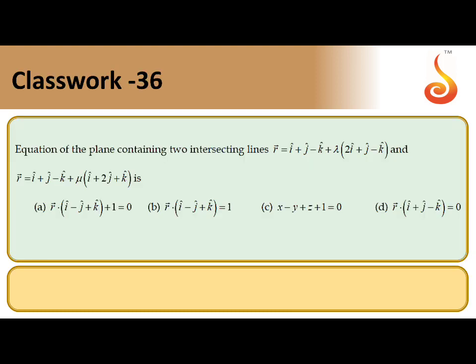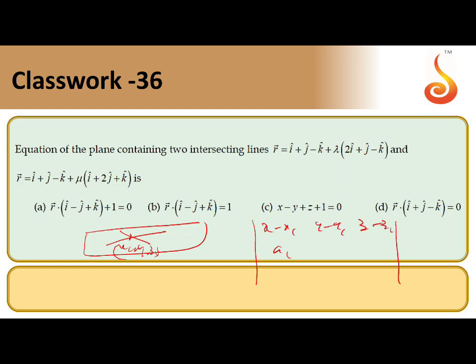So next question. Sorry. The equation of the plane containing two lines. The two lines are intersecting. What is the equation of the plane containing them? So the intersection point is x1, y1, z1, that is the common point. So the equation is x minus x1, y minus y1, z minus z1, a1, b1, c1, a2, b2, c2 equal to 0. Observe both the lines, i plus j minus k and i plus j minus k. That is a common point. So x1, y1, z1 is 1, 1, minus 1.